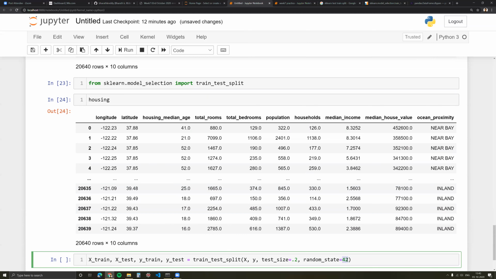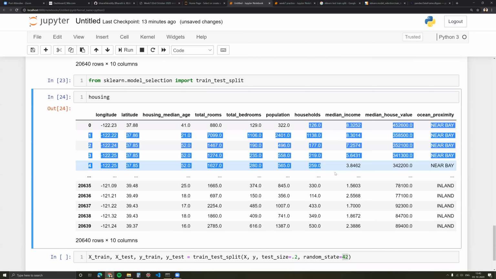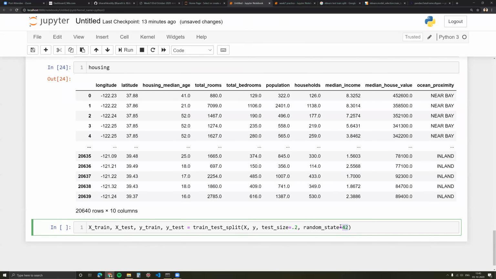You can put it as 1000, 10,000, 1 to 45, whatever. But why we use it is, if two people put the same number, their split would be exactly the same. So let's say I put 2 and someone else wants to repeat the same example with the same split, if they also put random state 2, then Python would split it exactly the same way.